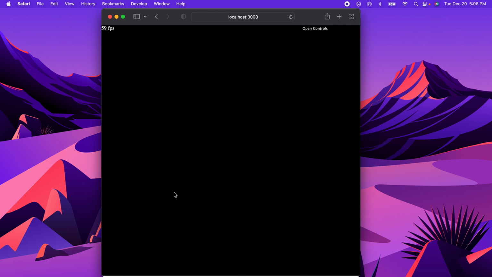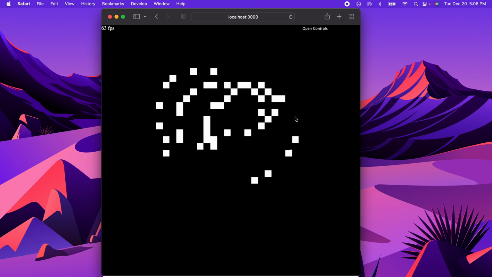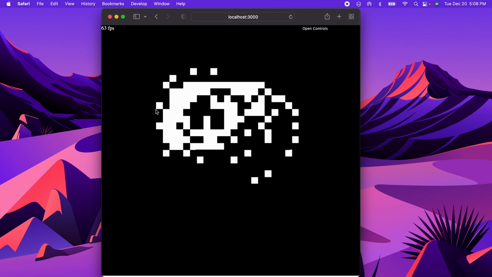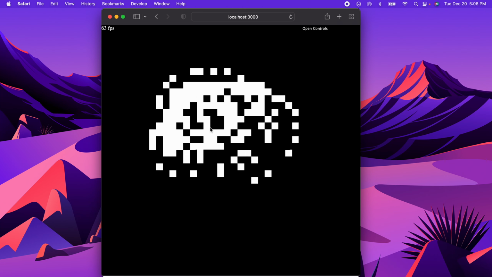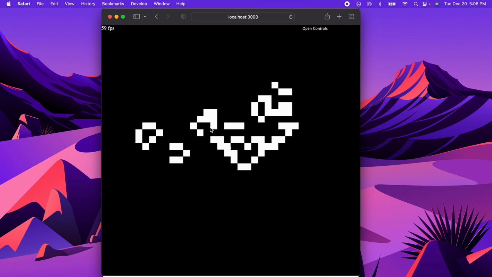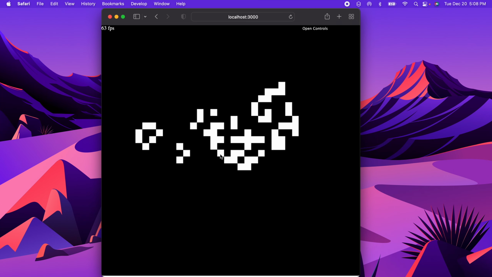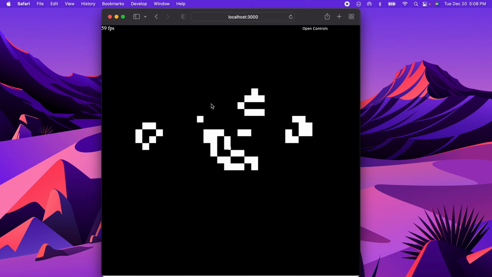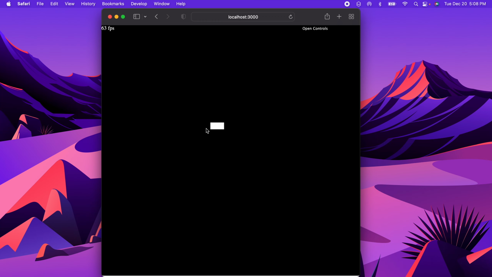So I've got here a little game called the Game of Life. It's not really a game; it's more of a simulation. But the idea is we have a grid of cells, and this grid will evolve with time based on some sort of rules on each cell and the cells around it. So in this case, if we have a cell,